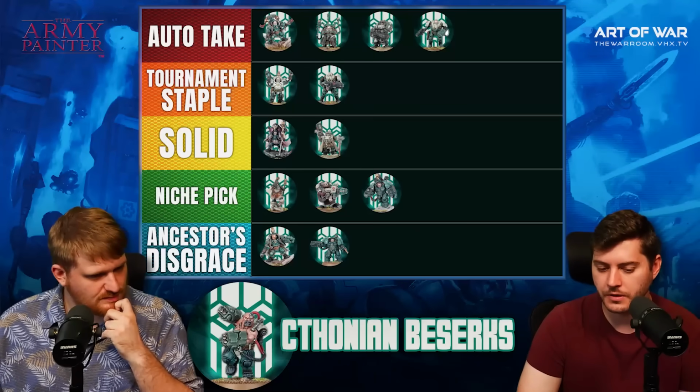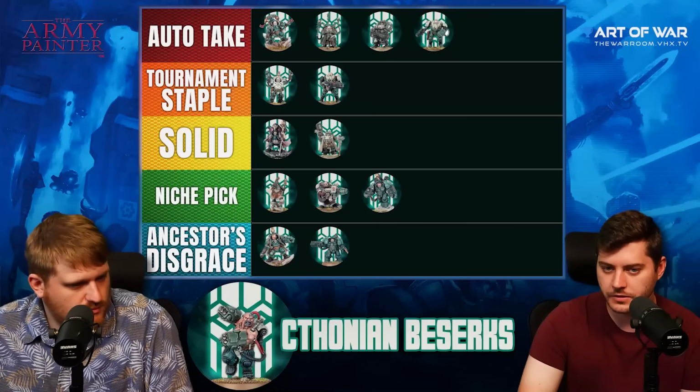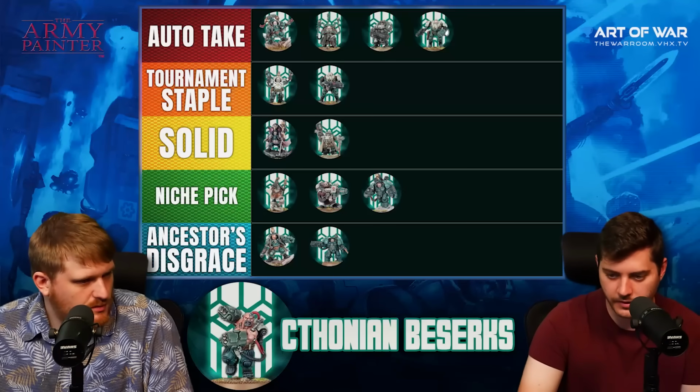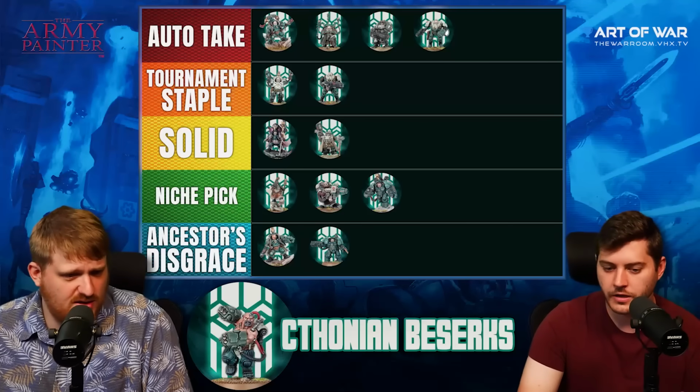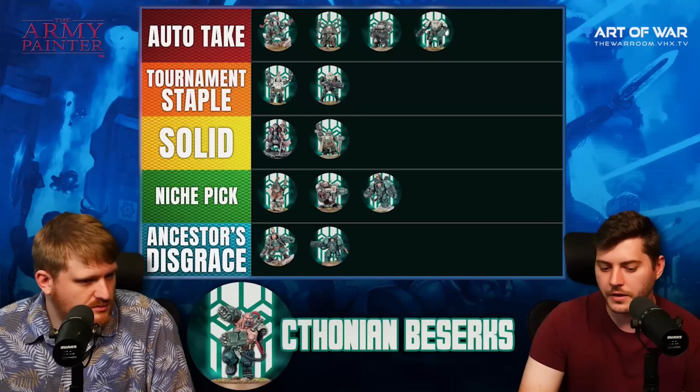I think the detachment is probably going to, if you're playing the Delve Assault Shift, it's an auto take. 100%. You're going to take advantage of Battle Line, the deep strike that they get. Pick like 6 units. Advantage. It's awesome there. I think in the other detachments, if we're looking broadly at the army as a whole, I